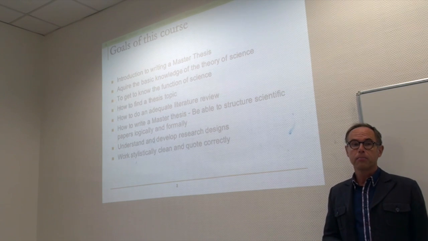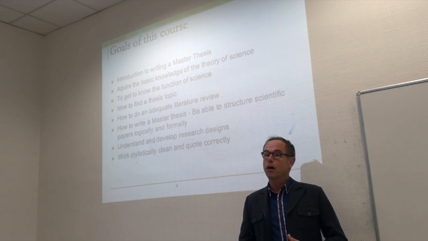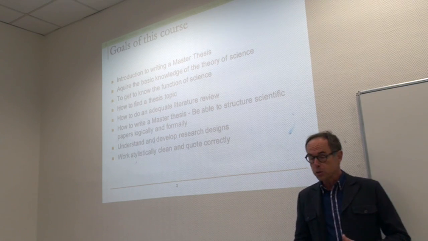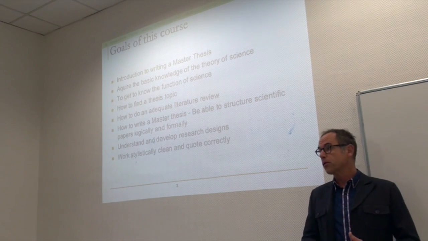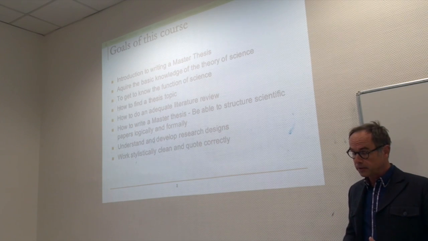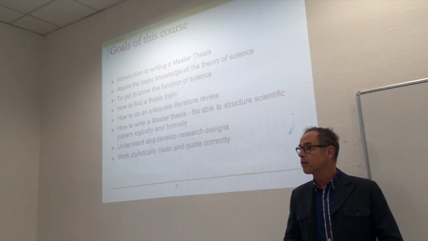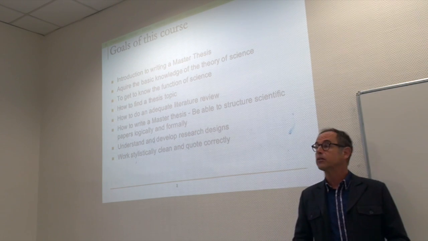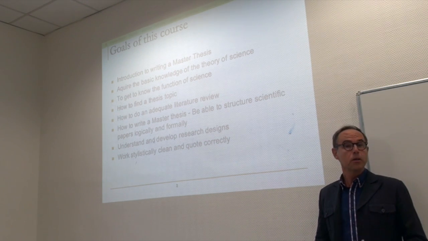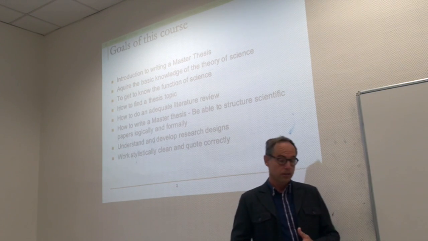And then we will switch to topics like how to find a research topic, where to find a research topic. You know that the most important part of research is to give a contribution. We will see how to do a literature review. We will see the structure of the thesis, how to develop research design, which might be qualitative or quantitative, and we'll conclude on formal aspects, because a thesis is also a formal exercise, which means that you have to write correctly in good English. So proofreading is very important, but it's also a question of form.